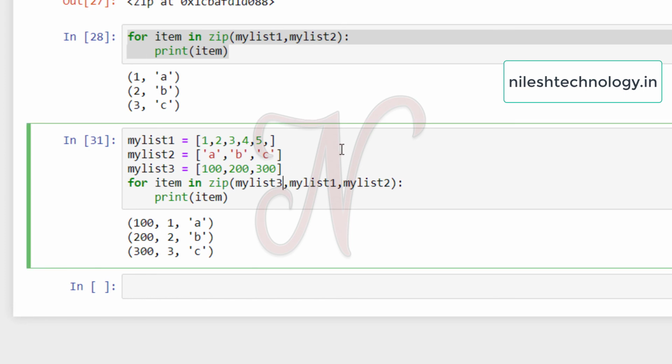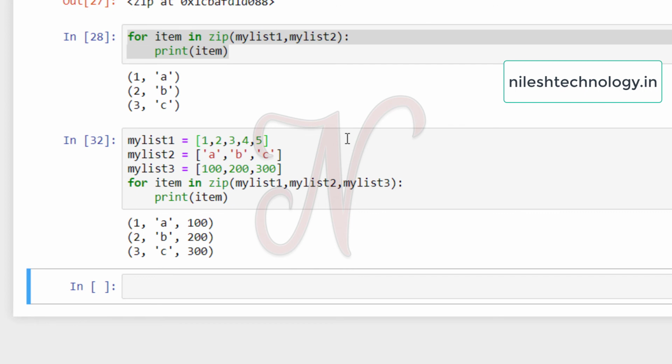Okay, if my list 1 is the first list and in the first list there are 5 items, then see here 1, 2, 3 ABC 100 200 300. Only those items are zipped which are available in all the lists. Okay, and other items are skipped automatically. Okay, so this is the advantage and benefit of this zip function.